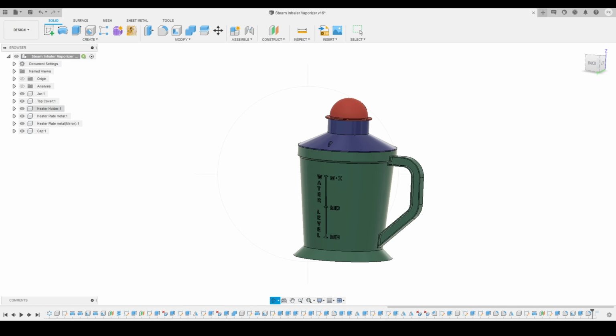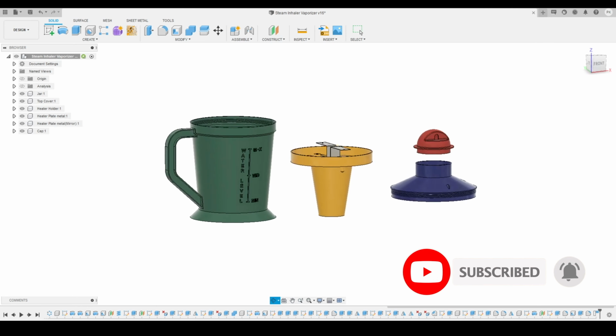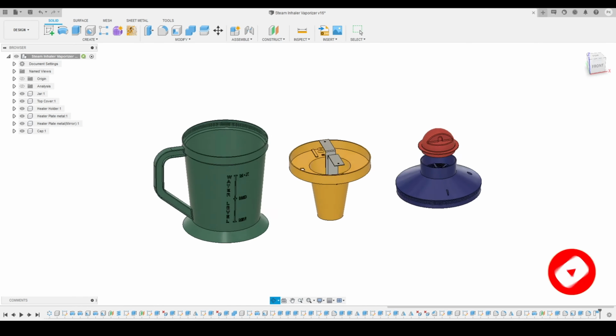Here you can see all the components we got: jar, top cover, heater holder, heater plate metal, and cap. So we got multiple components over here. Here you can see these are all the multiple components. I'm going to show you how we can model all the components and fit them together to make this complete workable jar. This is a reverse engineering project. I had this actual product with me, I just disassembled it and tried to do the complete modeling inside Fusion 360,